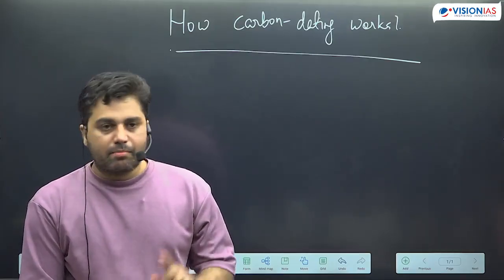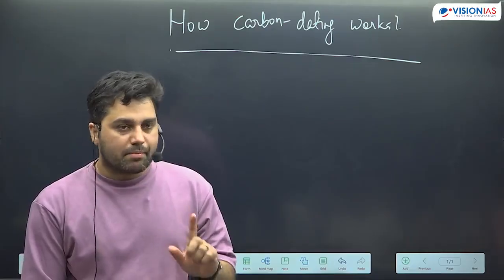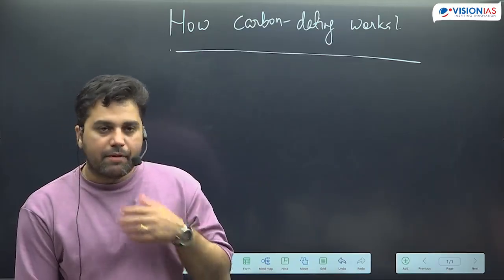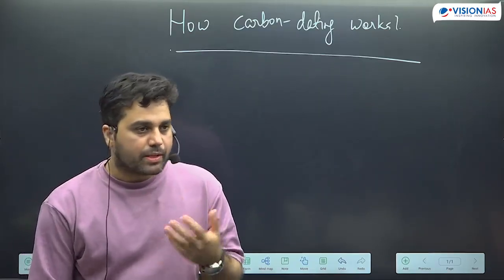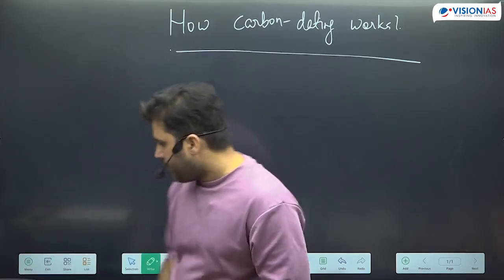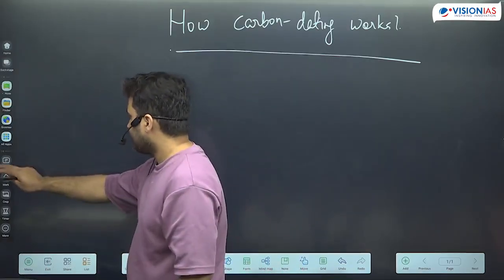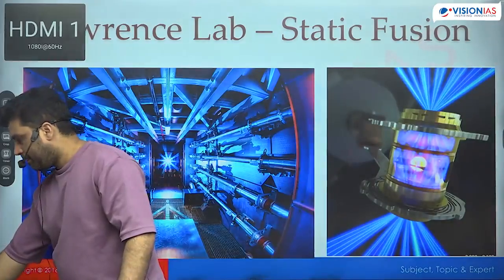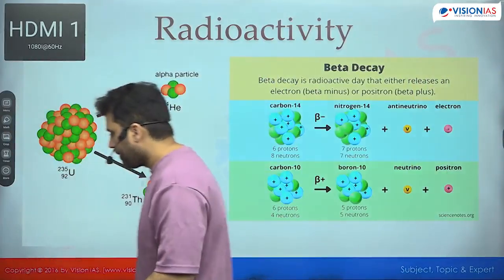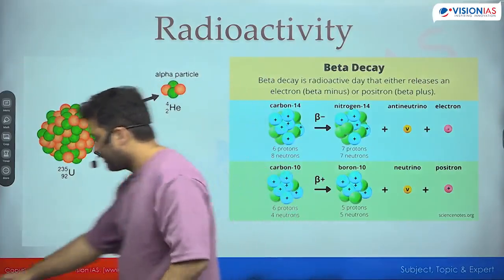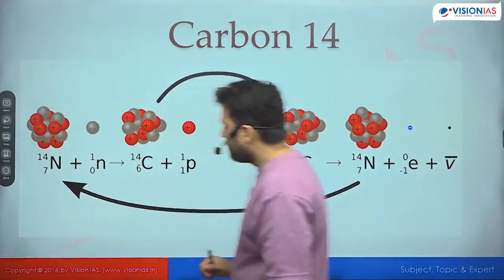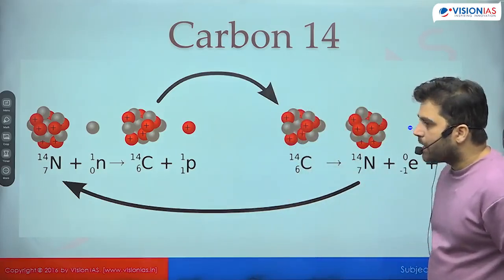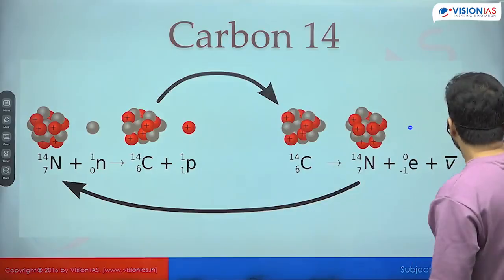Carbon dating works on many assumptions. There are many assumptions in carbon dating, but we have very good reasons to believe that those assumptions are true. The first thing we should know here is where does carbon-14 come from? Carbon is quite a stable nucleus,